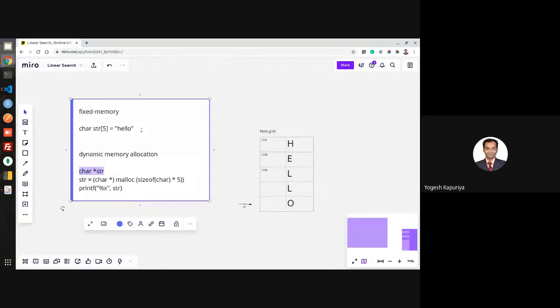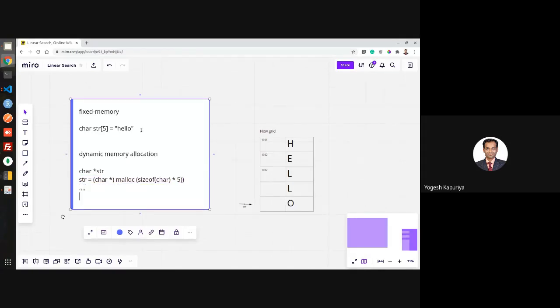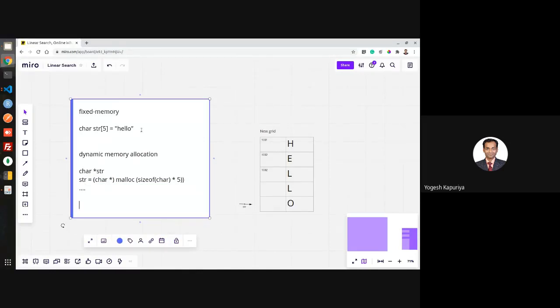In the beginning, you will simply say that I require one pointer to a string. At some point in the program, you came to know that the string should contain hello. So you will initialize it, and because hello is of length 5, you will give some memory to that variable. You will play with that variable for whatever reason. Once again, you came to know that now my str should contain hello world instead of hello. So now I need to change this.